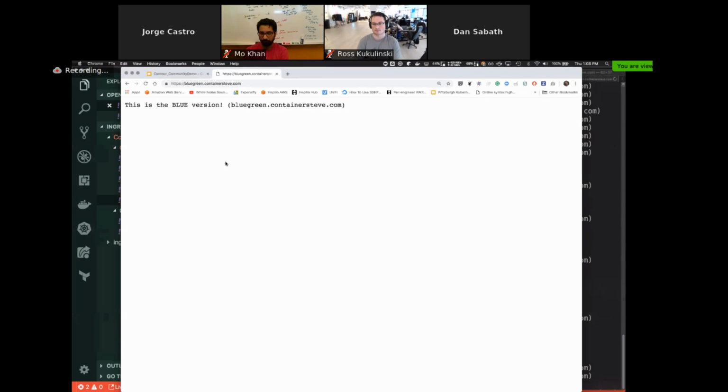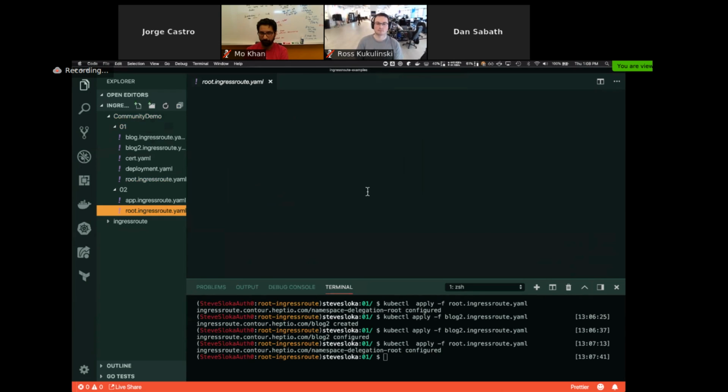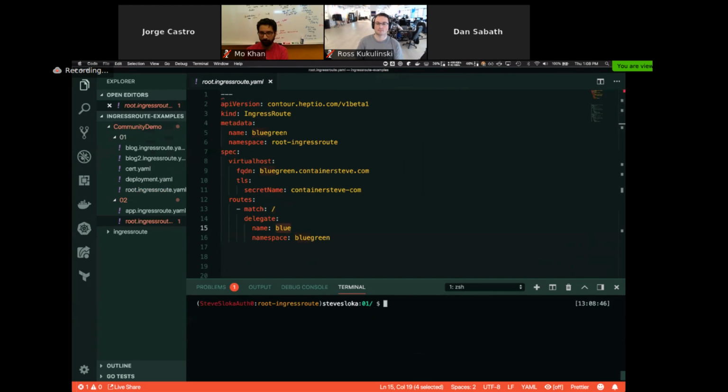Right? It's handling the blue version. And what we'll do is we'll go into our root here, and right now you can see that blue-green is pointing to the blue deployment. So what I will do